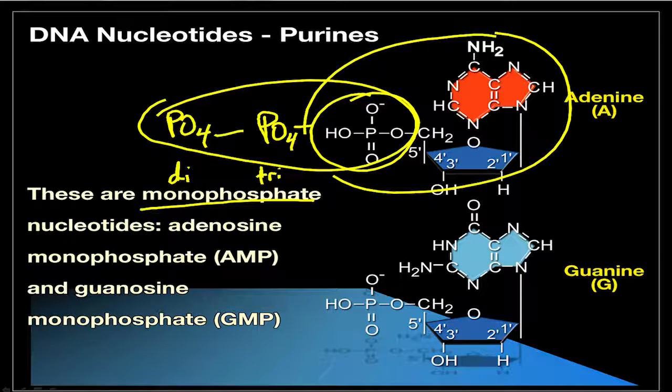So let's look at the naming conventions here. The base adenine is right here. You can see that there are two rings there. It's a purine, right? Also, it's biochemistry, but it's not a bad idea to remember that the base is always attached to the 1' carbon of the sugar, whereas the phosphate group is always attached to the 5' carbon of the sugar. We often hear about the 5' and the 3' ends of DNA, and that's